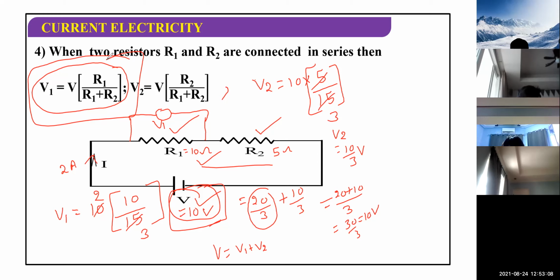In the denominator, we have R1 plus R2. Put the value of R1, it is given in the diagram. In the exam, these values R1 and R2 will be given. In the denominator, R1 plus R2, the sum of R1 and R2. Do that calculation. Multiply, add, subtract, whatever you want to do. And then you will get the answer of V1. Similarly, if they ask you to find the voltage across the resistor R2, use the equation. What is V2? V2 equal to V multiplied by R2 divided by R1 plus R2.